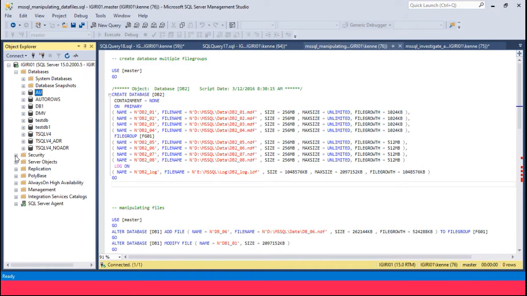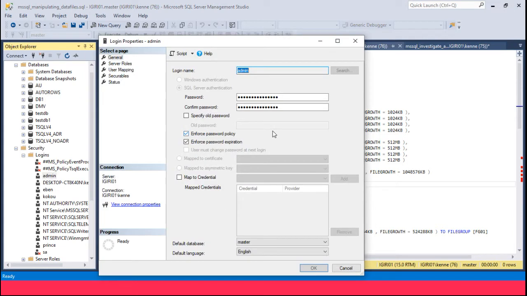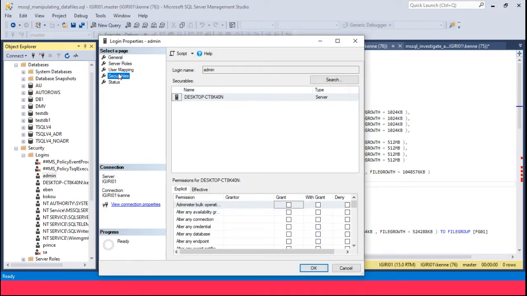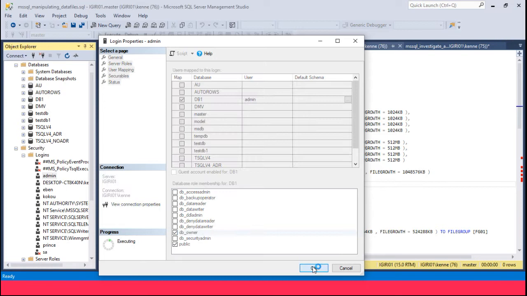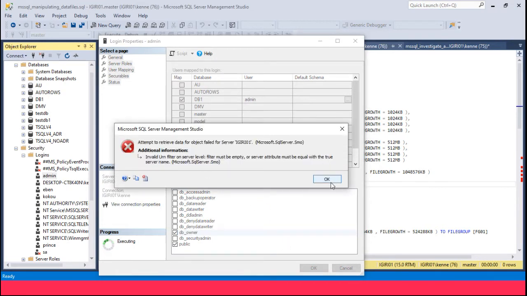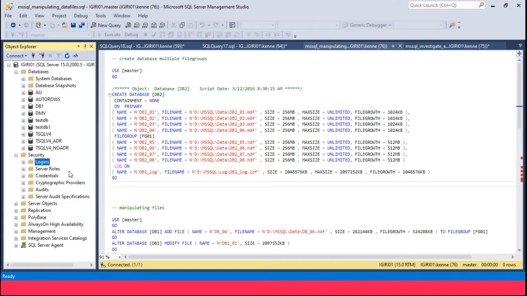Sorry, you can do that from here. Assuming I wanted to, user mapping, yeah. So I want this guy to be DB owner. I can do that. He doesn't need to be the one. What's this? Something's wrong here. To create. But if you want to avoid the political aspect of the technical work, you can use the person